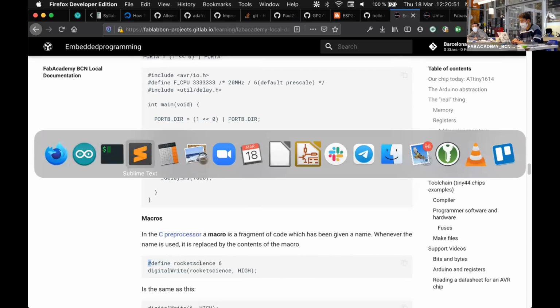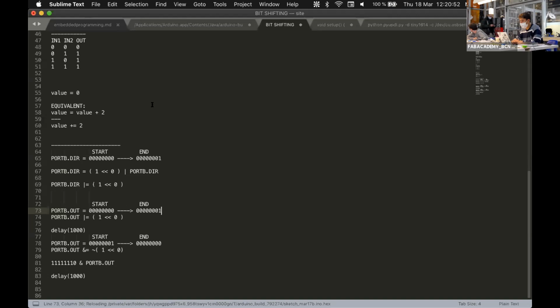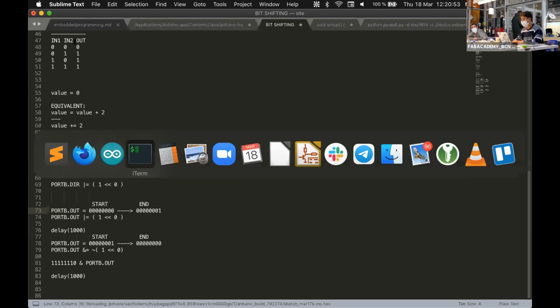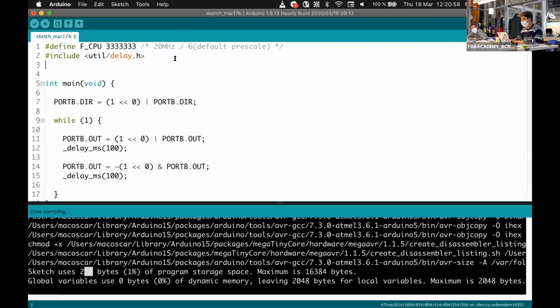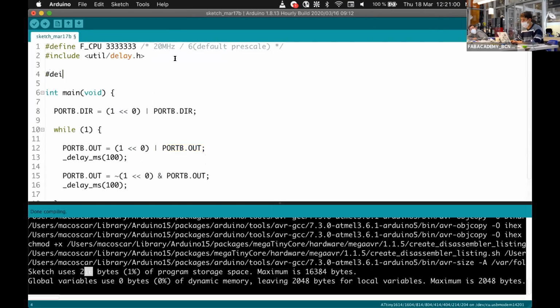What does that mean? It means that if I say, as the one in here, define pin LED equal 0, sorry, like that,